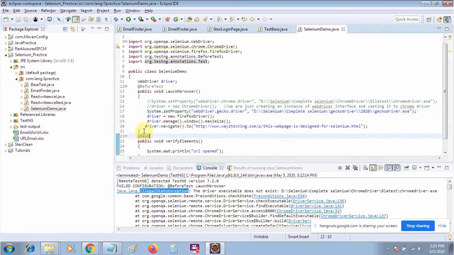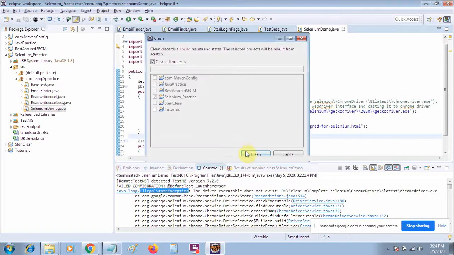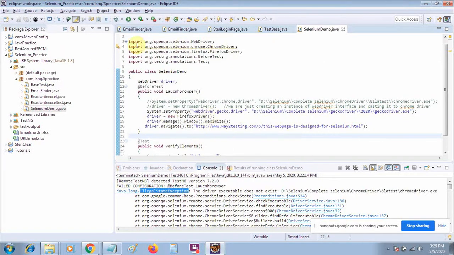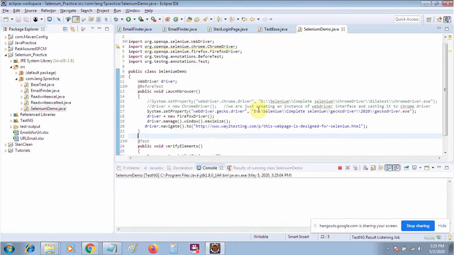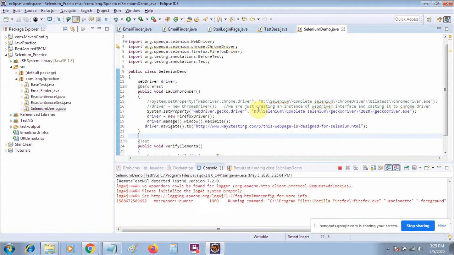The latest version of Firefox is a little bit heavy, so it will take some time. So don't worry about all these things. Let me run this one. Again there will be some warning. You do not need to worry about these.